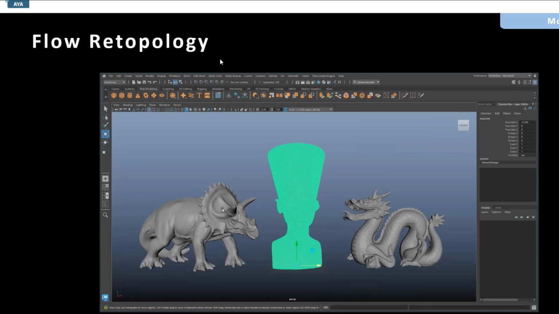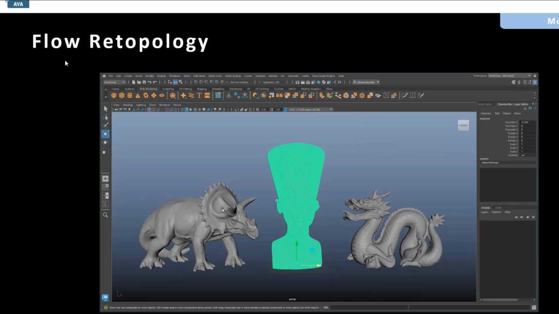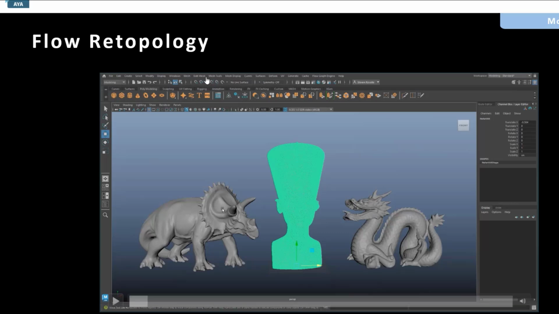Sometimes when you do the retopology, it consumes your specs, that's why it gets slower. But right now all the process you can bring into the cloud, because Flow Retopology is an improvement from Maya, starting Maya 2023, 2024, and 2025, especially 2025.